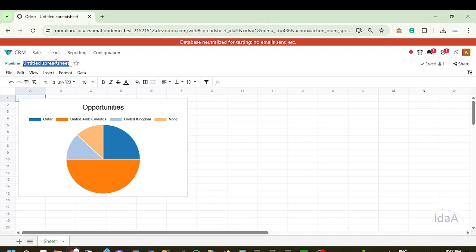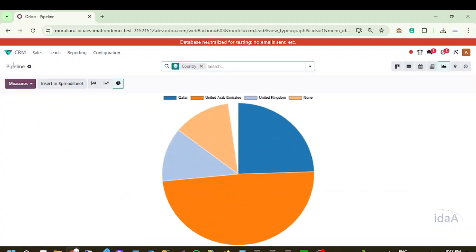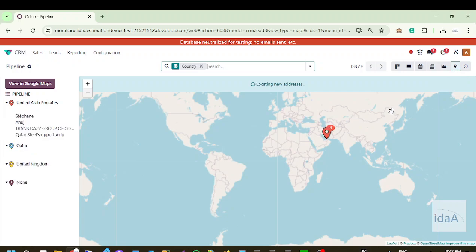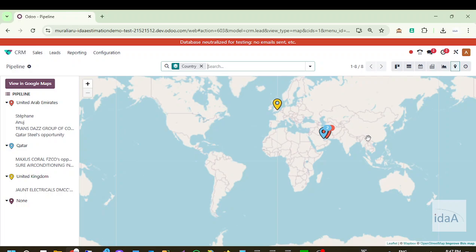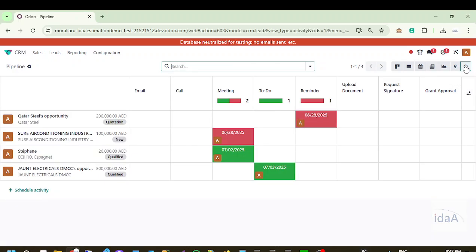You can also see where your prospects are located on the map. So it's a good tool for salespeople to create different activities and connect with their prospects. You can see all the activities created, different prospects,